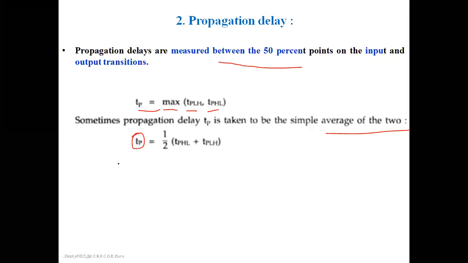There are two transition times, rise time and fall time, and then the propagation delay. Here also we have two timing factors: one is the propagation from low to high, and the other is the propagation from high to low. The average of these can give us the propagation delay of the device, or between the two, the one with the higher value can be taken as the propagation delay of that gate. So this is for today's session.